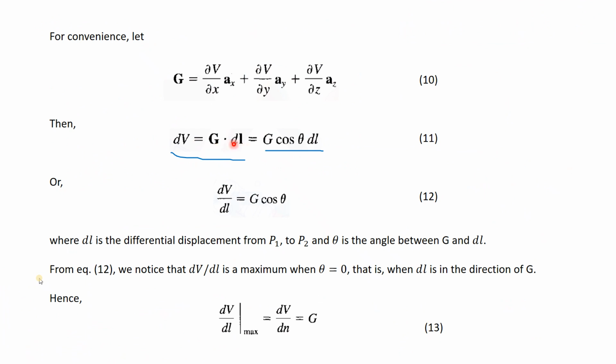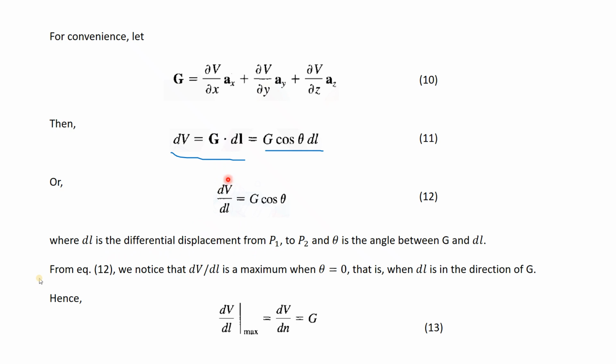Now if you travel along this path, we will not get the gradient. So what we do is multiply, g dot dl. So we can write g cos theta into dl. So over here we can write dv by dl equals g cos theta. Now we can do dv by dl because the vector form is gone, now this is only scalar. See, this L has now become italic, so it is a scalar, magnitude only. So dv by dl is equal to g cos theta.